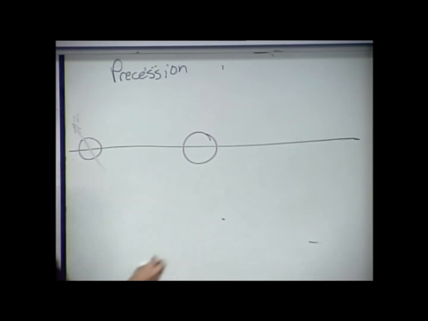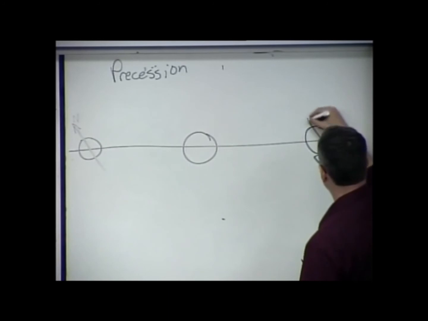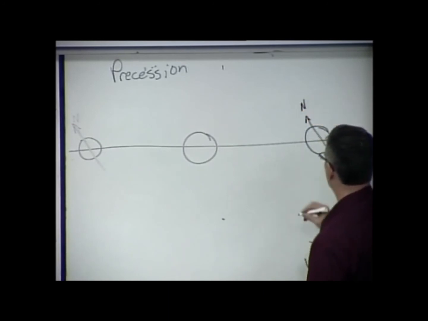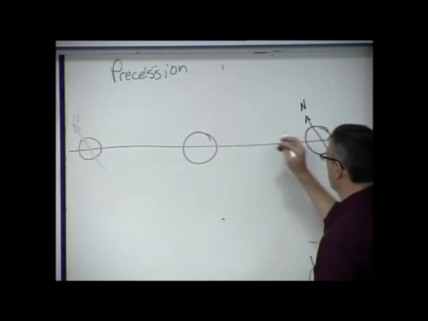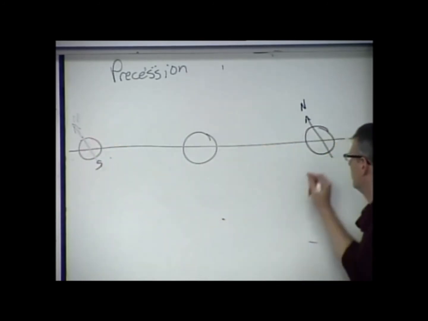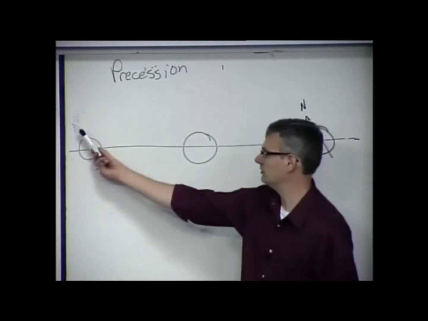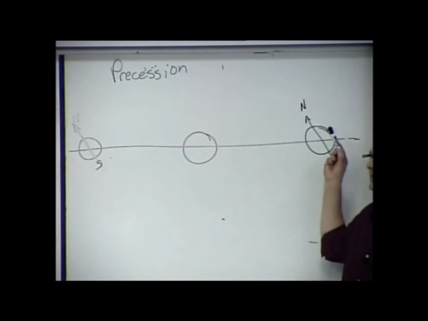And on the other side of the orbit, this side we get summer. This side we get winter. The south gets summer, and the south gets winter on this side. And for the most part, we